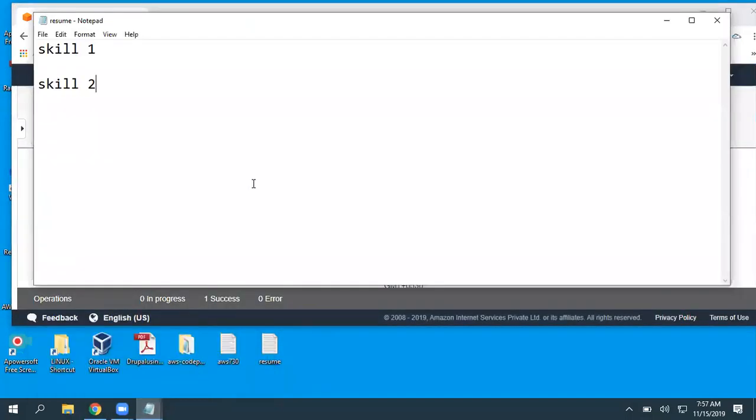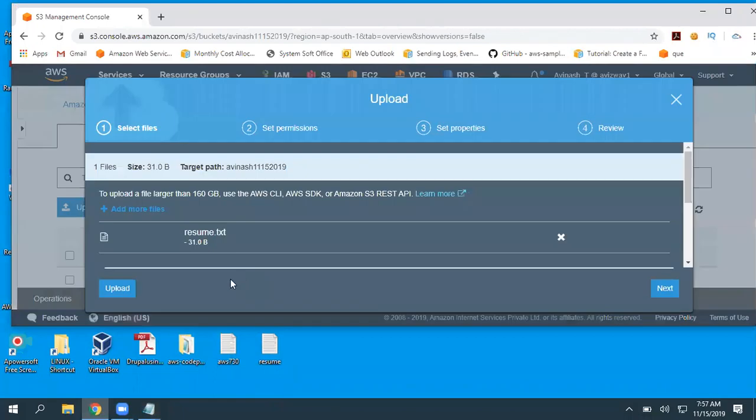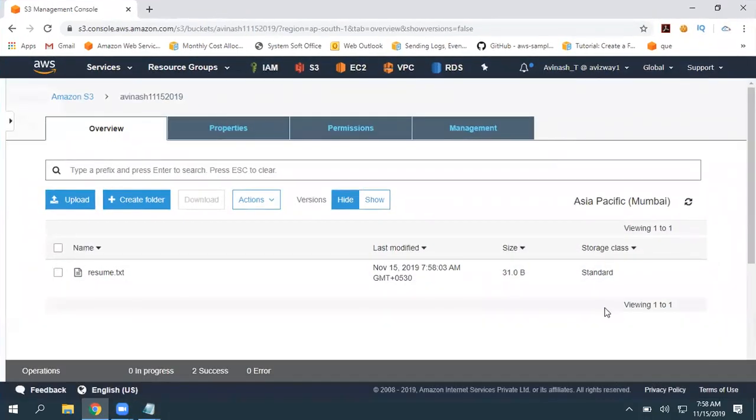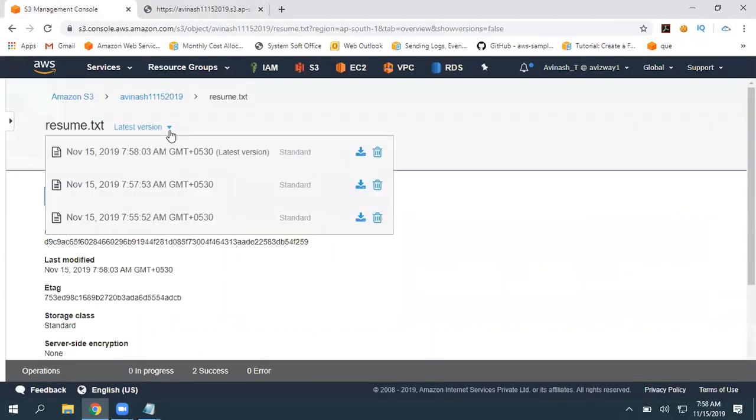And you have added skill 3, and again you uploaded that. So now let's observe this document. Versioning is set to hide and it is showing the latest timestamp one. Just pick this object. When you click on open, it is going to show you the latest one. But as we enabled versioning, we do have previous ones also.